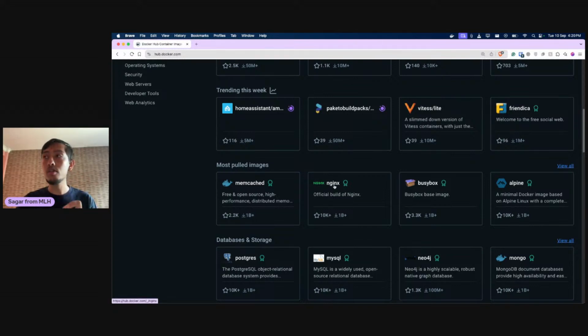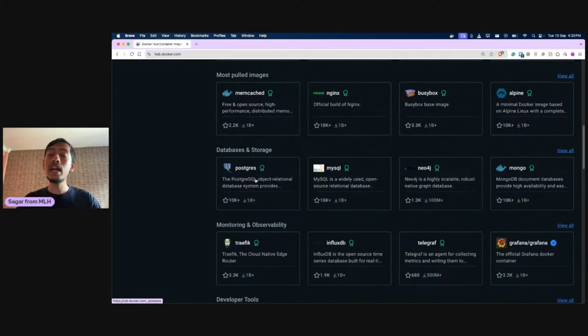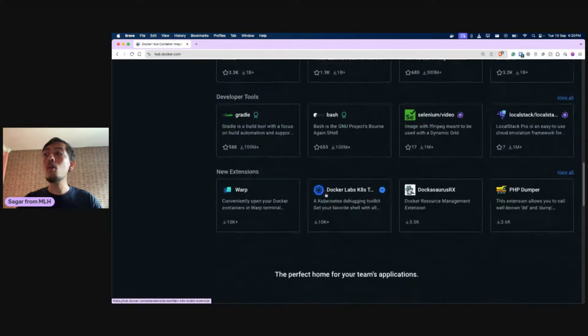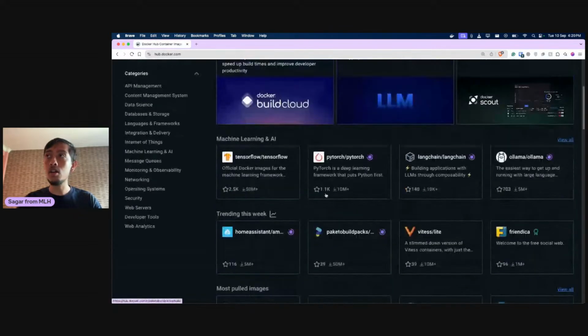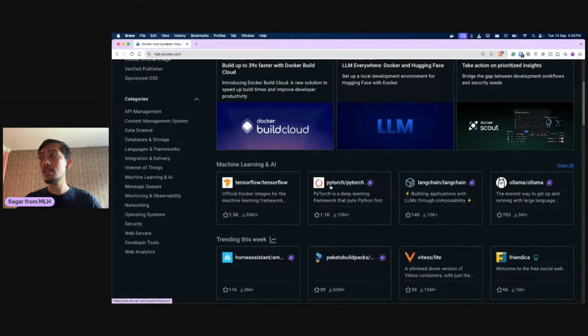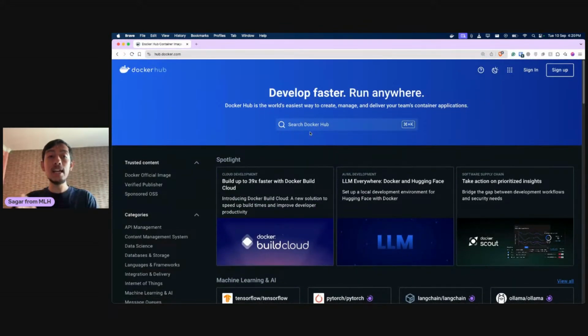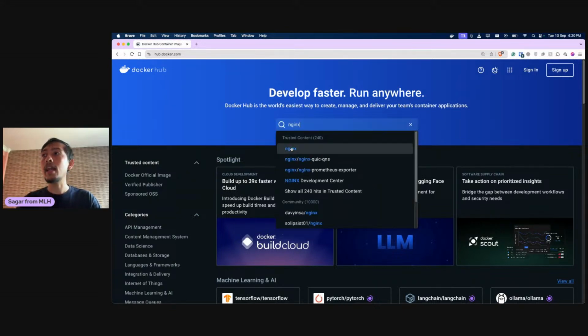So we are going to use nginx for our demo as well. You can see that we already have images for Postgres, MySQL, Mongo, Neo4j, Grafana. We have almost whatever tool that you use in your day-to-day, TensorFlow, PyTorch, right? So whatever tool you might use or need for the publicly built images or the product, you have them in Docker Hub. So if you want to, let's say, search for nginx, I could search for it here,